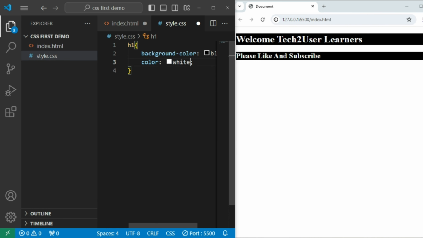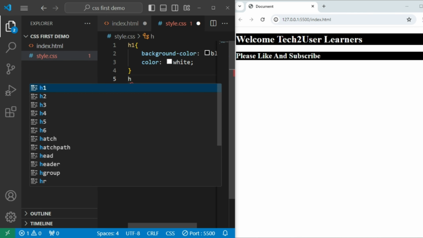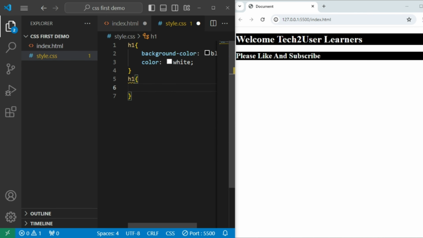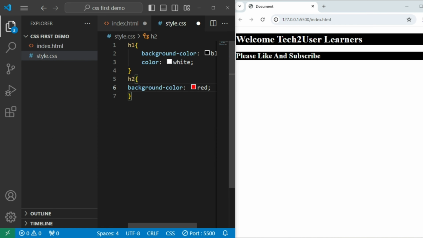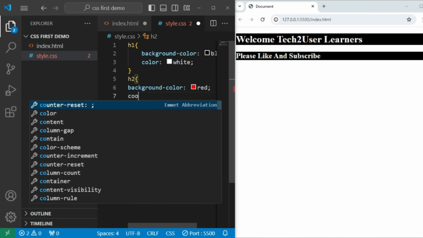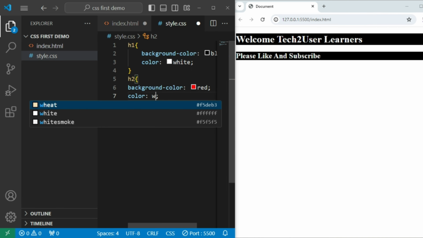The benefit of the external CSS is we can use the same style sheet for the entire website, but for the internal CSS, we have to write the code inside the HTML file, and it is applicable only for that particular HTML web page.